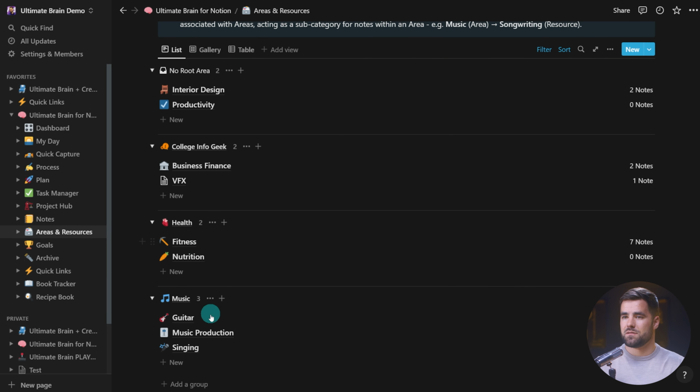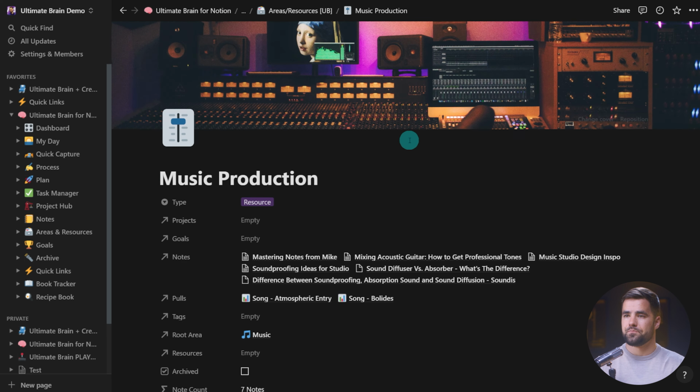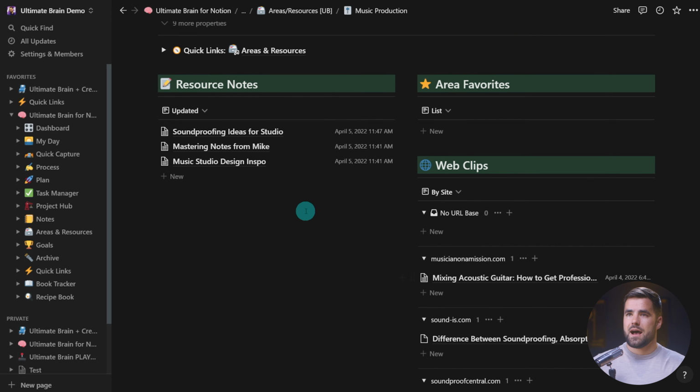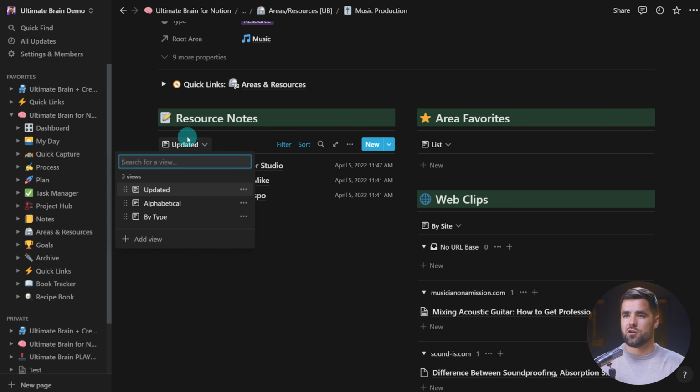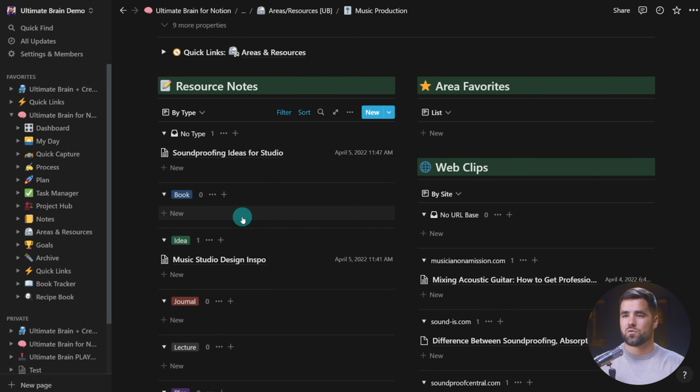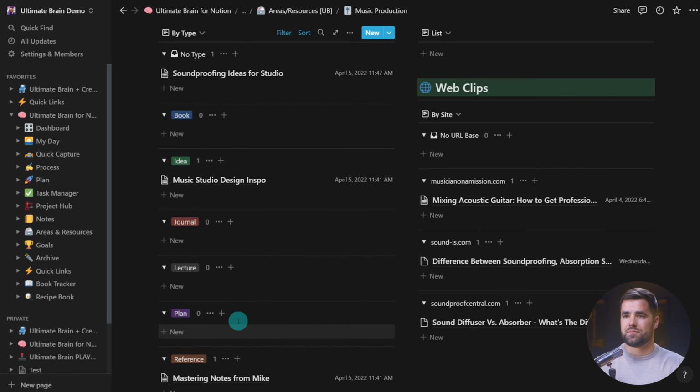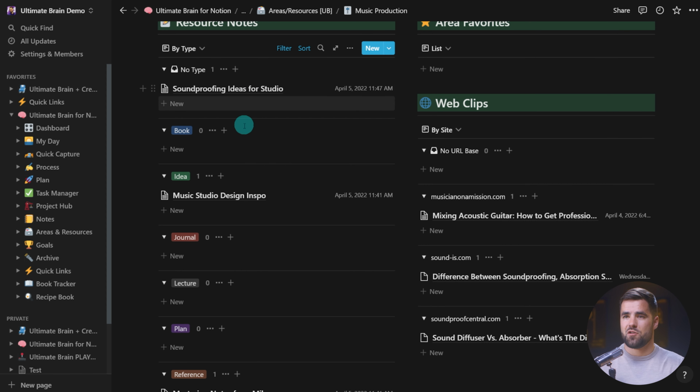Fitness has a lot of notes. Music production has a lot of notes. We'll go to that one. If I go here, I have my resource notes area that is by default showing just an updated sort view. I can actually change this over to by type, and I can sort these into their types. So soundproofing ideas for studio might actually be an idea, and I could drag it from here to here, but